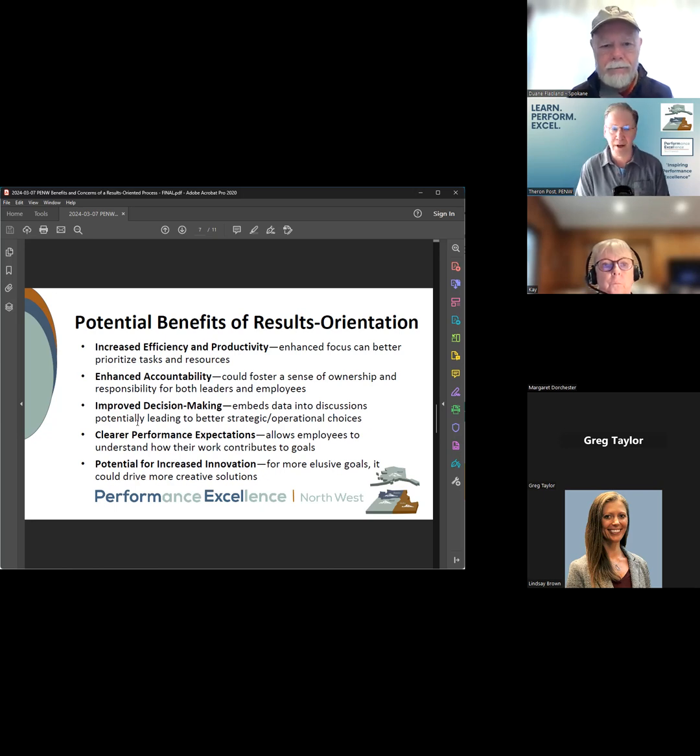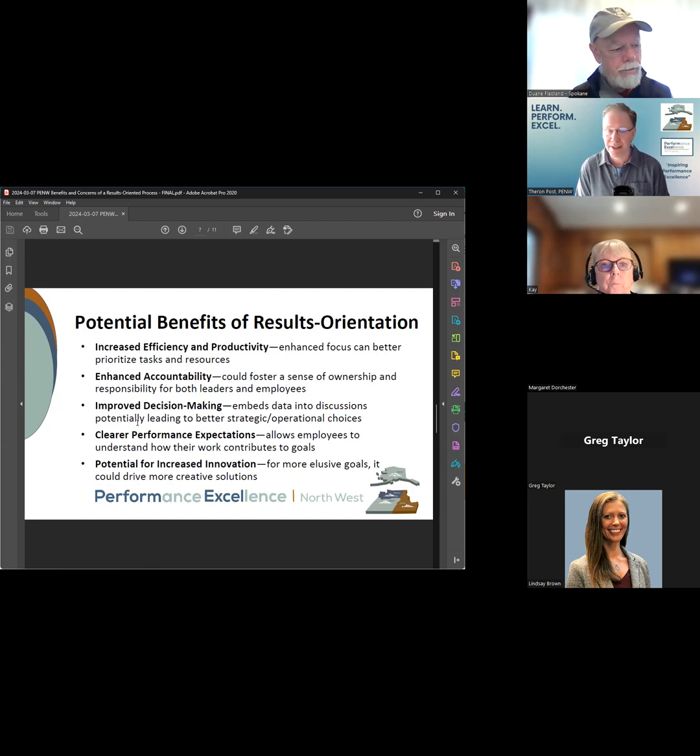the potential concerns. But what PENW is thinking is that as we're looking at more of a results oriented program, we think it's going to allow us to engage with organizations more directly around category 7 first. A lot of organizations will come to us very interested in Baldrige and improvement, and our lead questions usually aren't around results. We usually don't dive into that first. But we've been really exploring what that could mean. And we think that there could be some